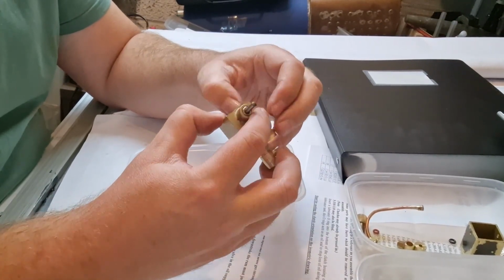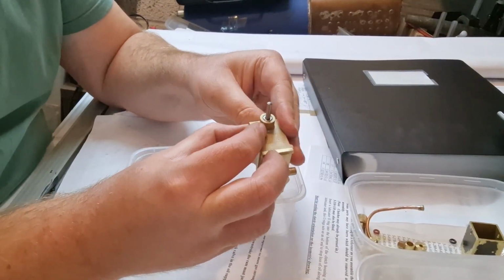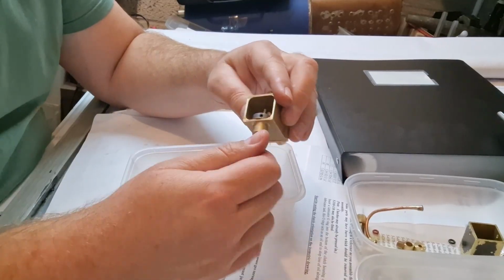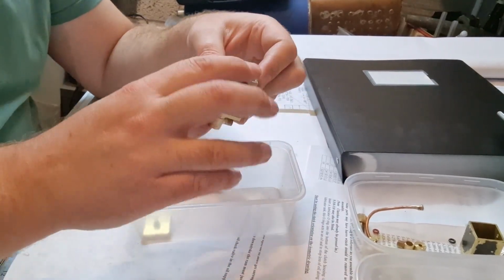So I've had it all assembled. It all seems to work fine. It pushes it, which is the main thing. So it allows it to ratchet. I can't get it done because I've got oil on my